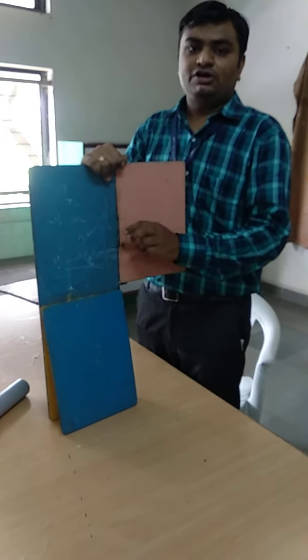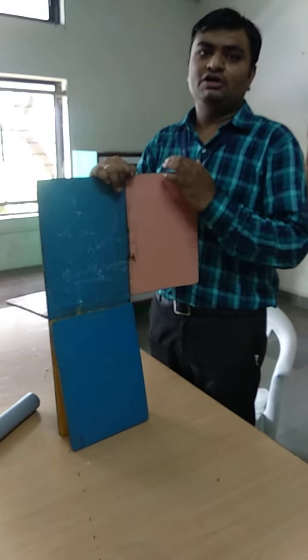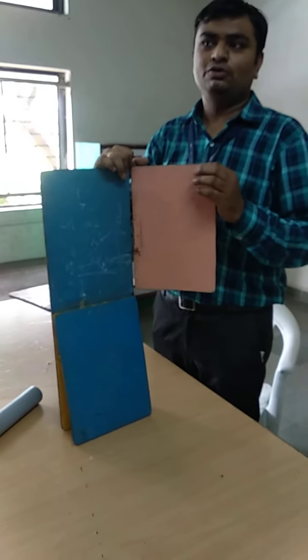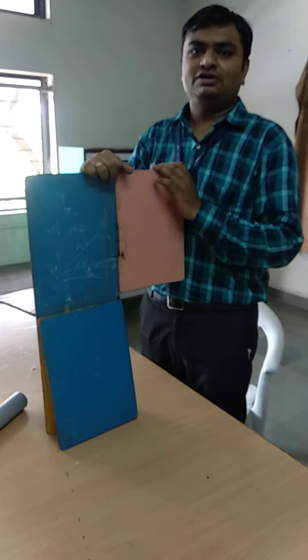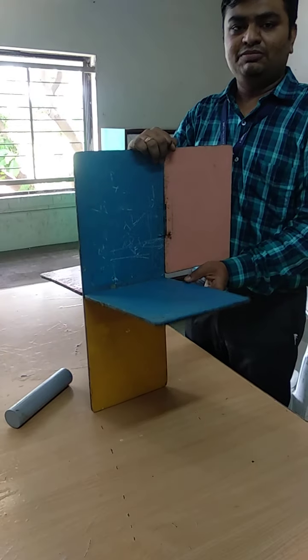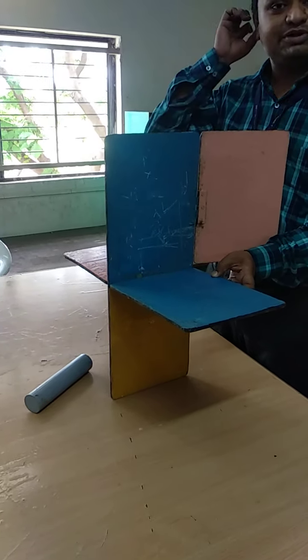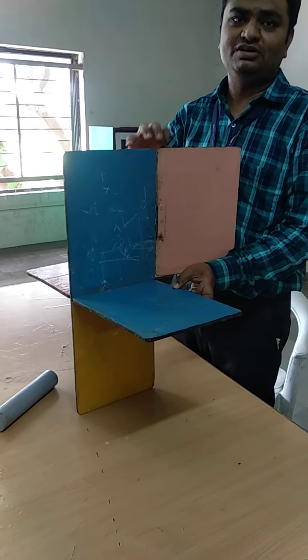In the second quadrant and fourth quadrant, both views are overlapped, so the second and fourth angle methods of projection are not preferred. Only the first and third angle methods are preferred, and in academics only the first angle method of projection is preferred as far as the academic part is concerned.